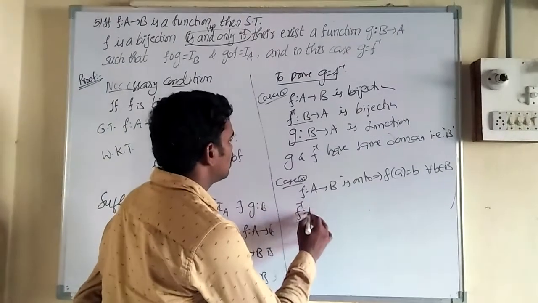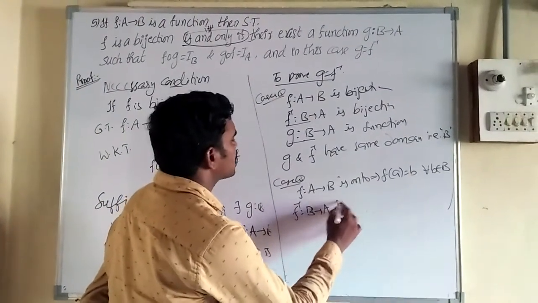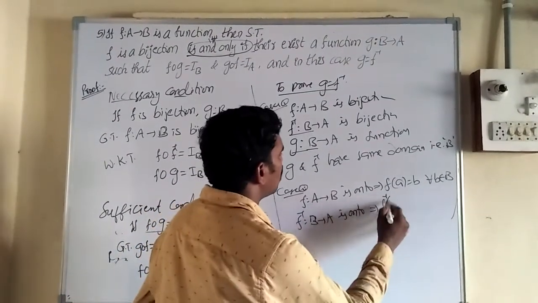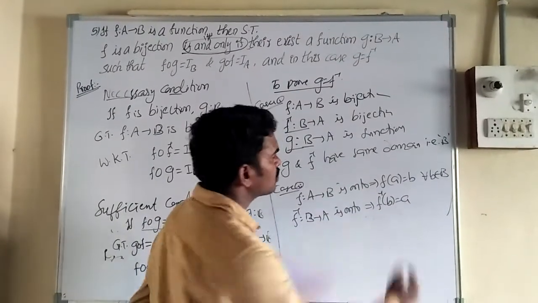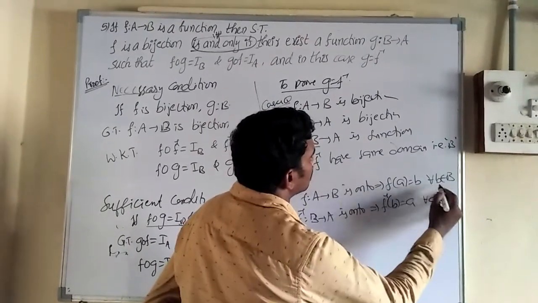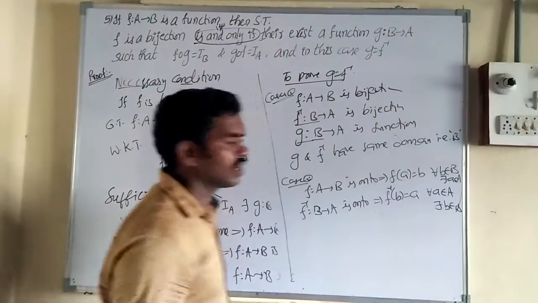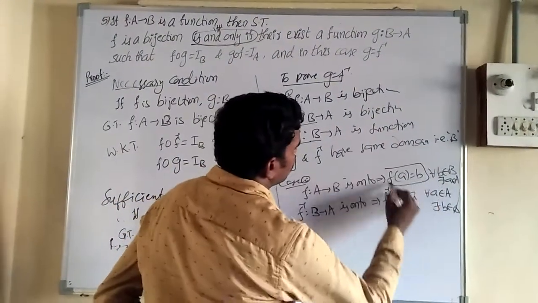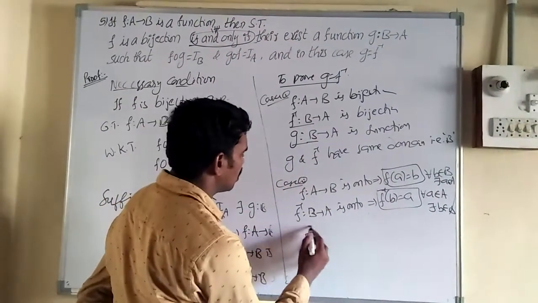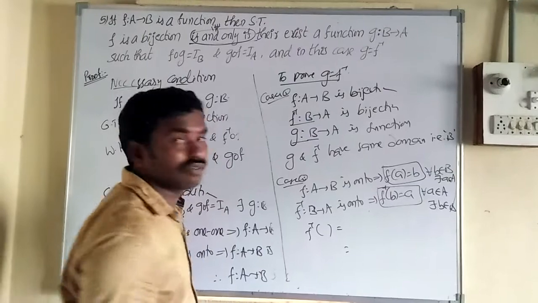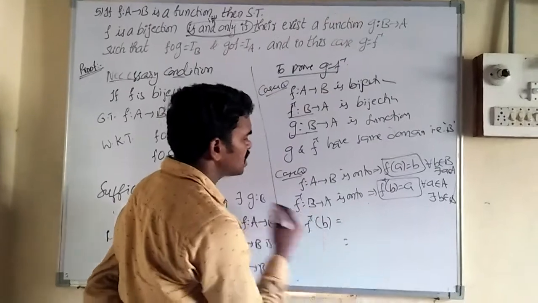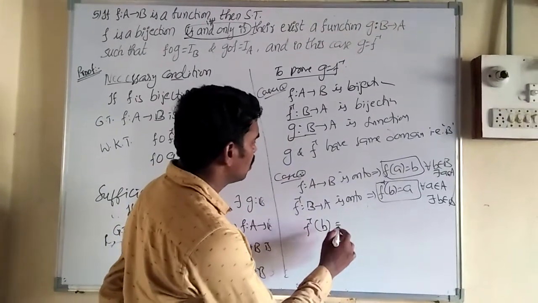Next, what is f inverse? f inverse from B to A is onto. So that implies, by the definition, f inverse of small b is equal to small a, for all b belongs to capital B there exists small a belongs to capital A. By the onto definition, f of a equal to b, f inverse of b equal to a. So take the f inverse function. One or two lines only we get. f inverse of what? What is the common domain? Capital B. So an element in capital B is small b. So f inverse of b equal to what? a.